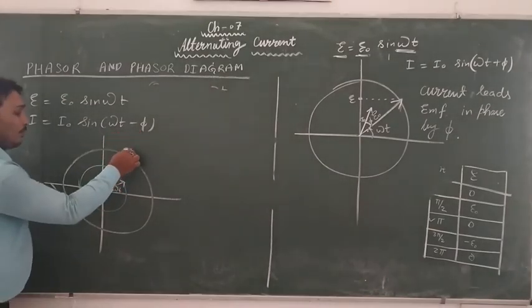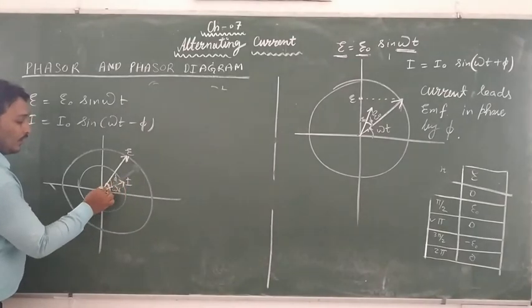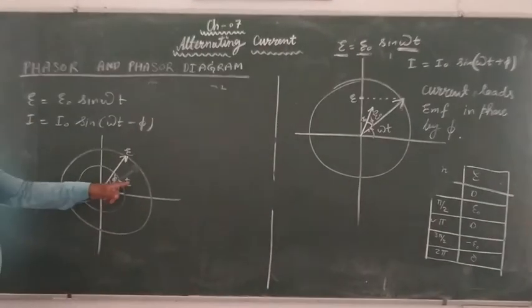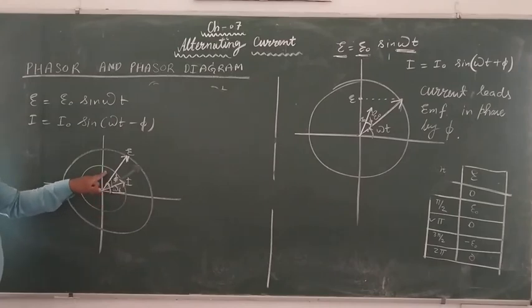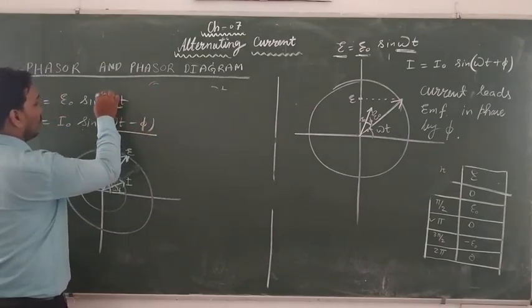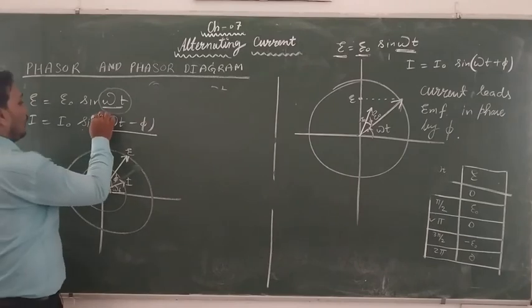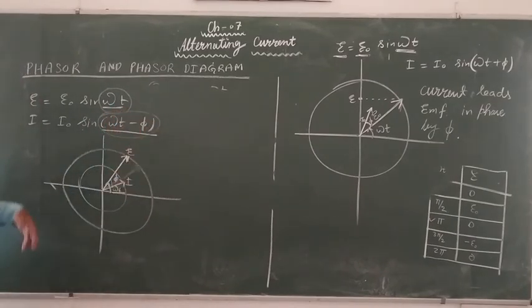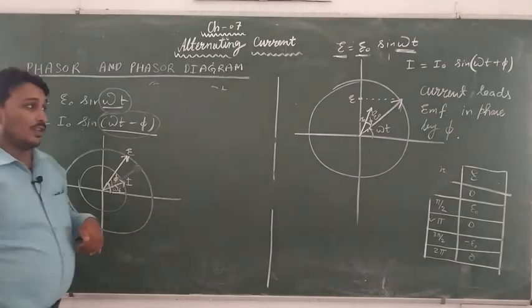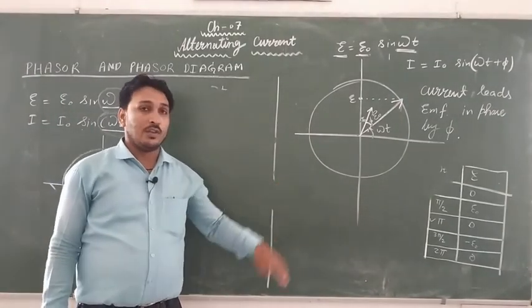So this is your EMF and this is your current, and just see this angle is phi and the whole angle is omega t. So what is the angle the current makes with the axis? Obviously omega t minus phi. If you remember the class 11th definition, whatever is written in front of sine is the phase. The phase of EMF is omega t, the phase of current is omega t minus phi. Who is leading? EMF is leading. By what angle? Phi. Is it clear? So this is how the EMF and the current are presented with a phasor diagram.